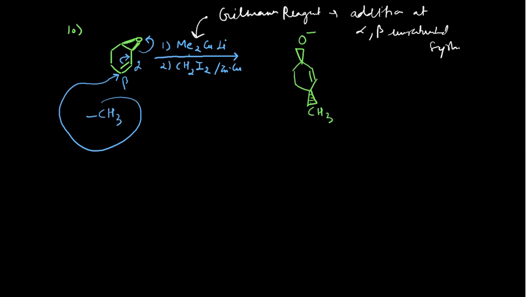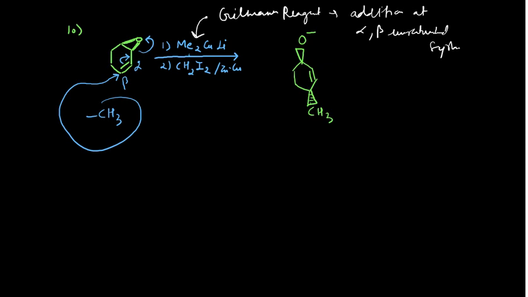How has it happened actually? See, this epoxide is above the plane. So your methyl from the Gilman reagent cannot attack from the top face, so it has to go from the bottom face. That means from the alpha side. It is beta, so it will go to the alpha side. If it were alpha, then this would attack from the beta side. So this is beta, that's why it has attacked from the alpha side. So this is below the plane. This has shifted here. So up to this stage, this is the Gilman addition of the CH3. That means the famous work of the Gilman reagent, which generally does the alpha beta addition.